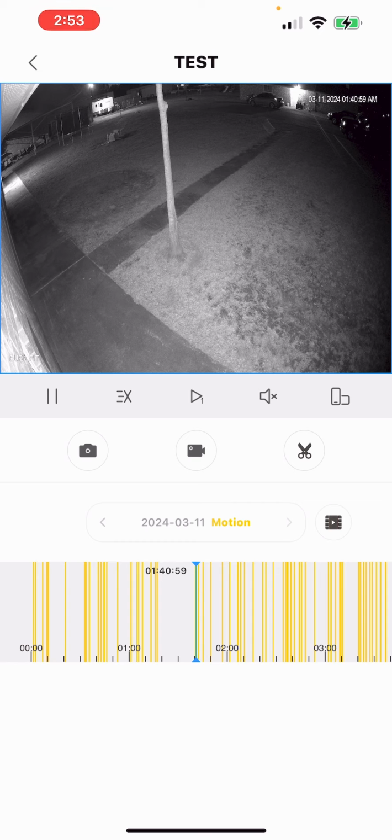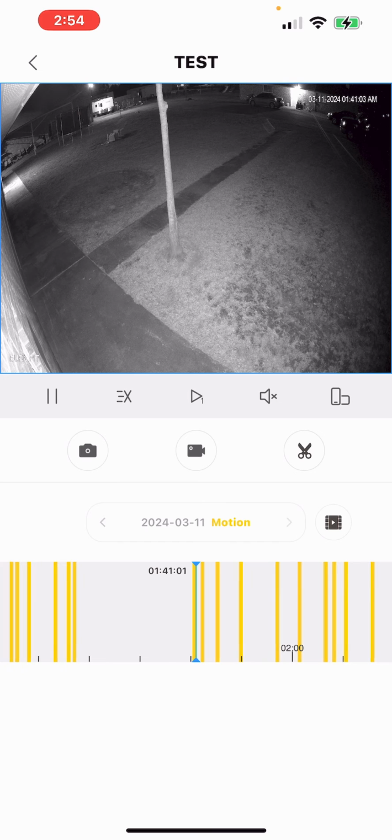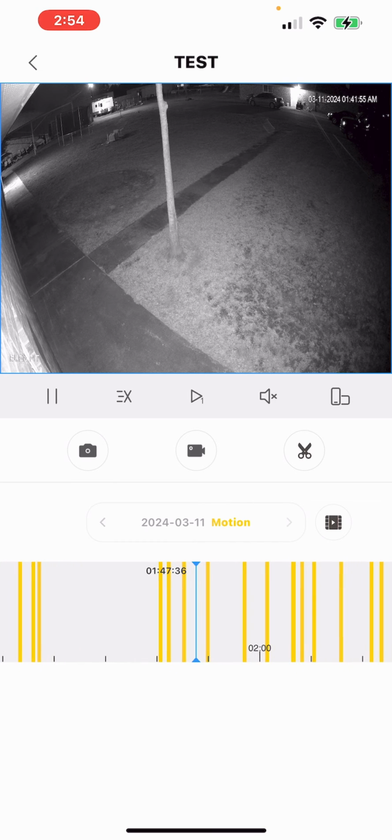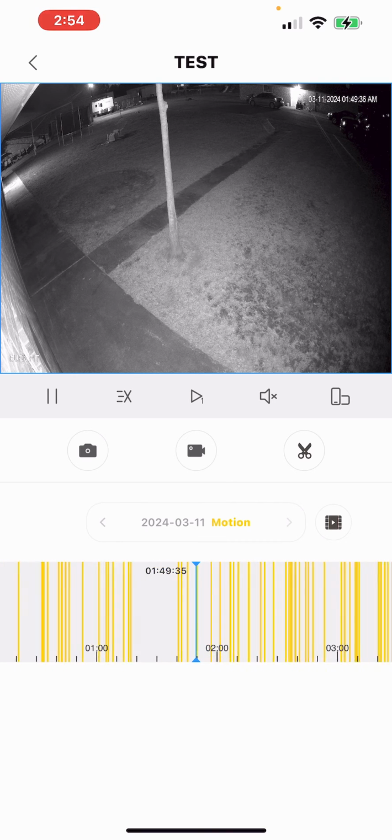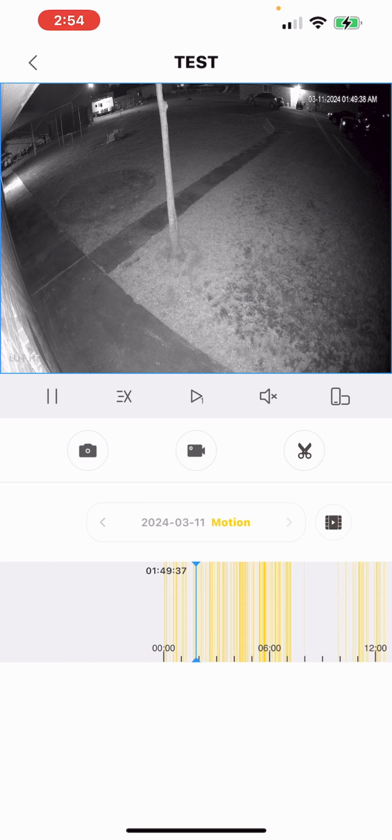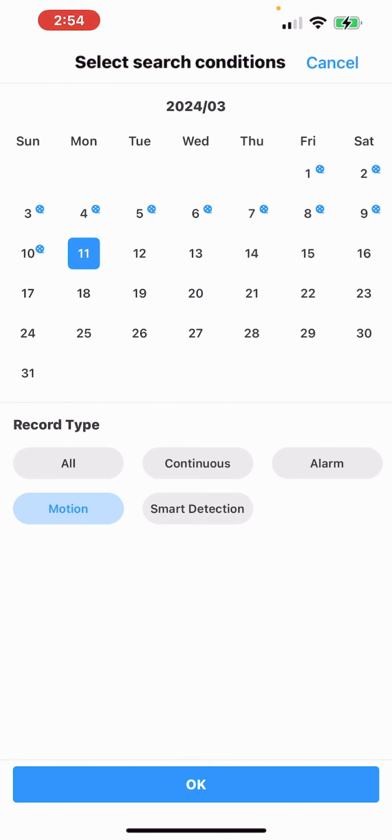Now, one thing I want to cover real quick while we're there, I'm going to pinch and zoom on my timeline. This is good because it helps me fine-tune what I'm looking for. Evidently, there's some motion that happens about right here. It causes a trigger. Well, that's actually too many motions for me to filter through. And so another thing I can do, and it is a feature on most all the cameras that we install, is smart detection. Now, if I show smart detection,